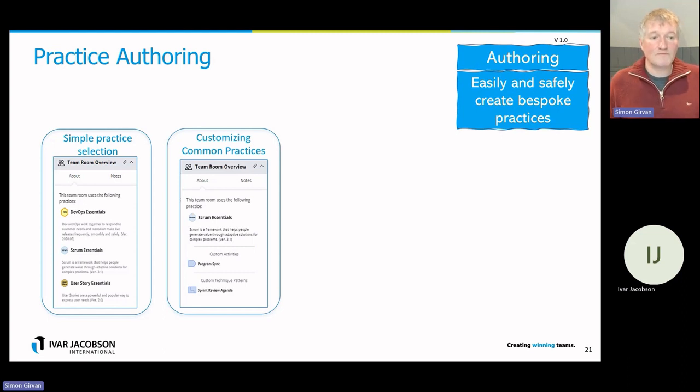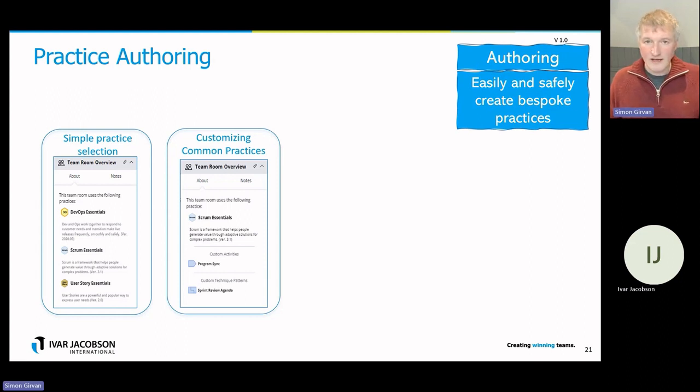Now, we often want to make some small changes. There might be something really simple. For example, in this case, I might want to have a standard agenda for my sprint review. I might want to write that down so that everybody can see it. They might choose to use it or not, but I'd like to give that to them, and let's make that part of my customized practice. Or maybe there's some extra things that my organization requires, some form of teams sync or something like that, that might not be a formal practice, but it's definitely something that my teams need to engage with. And if I can describe that using the Essence language, I can be really clear that people are going to get value from that event.